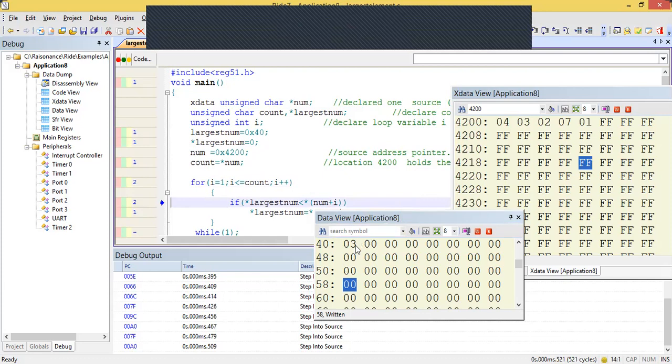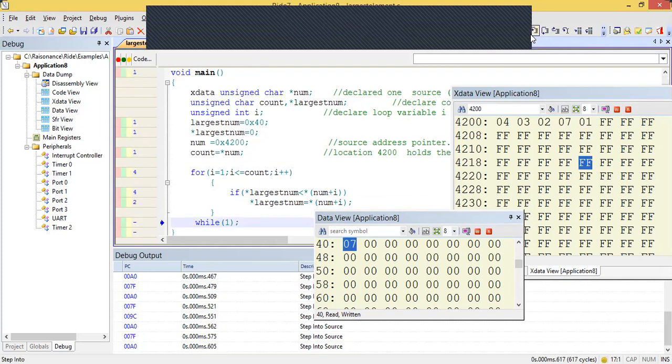So first you can see 3. When you compare with the 0 and 3, the first value is higher. So now we can check the next loop. Okay, after executing, you can see that now the content is 7. Okay, so 7 is the largest number, and finally it will verify the 1 also. If you look at this particular array, the largest number is 7. So the content of 40h is 7. So this is the working of the program.